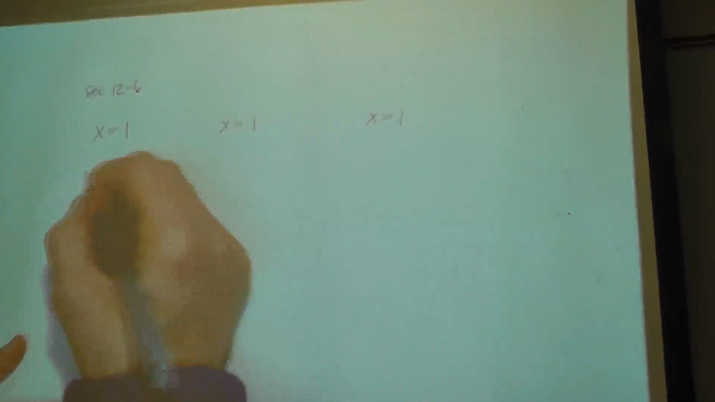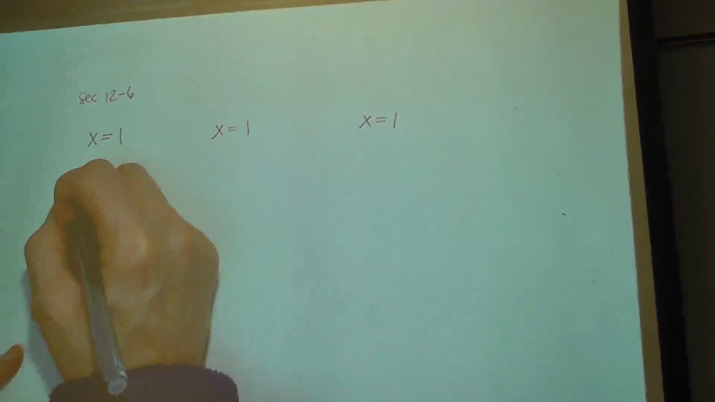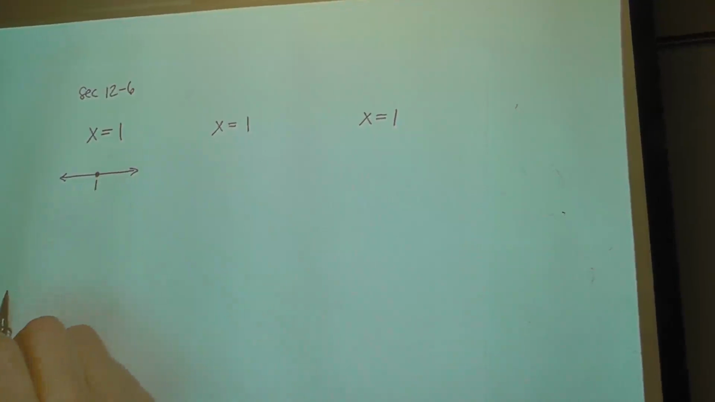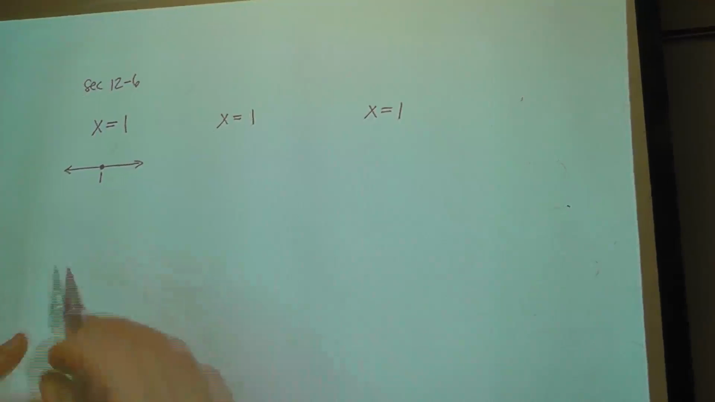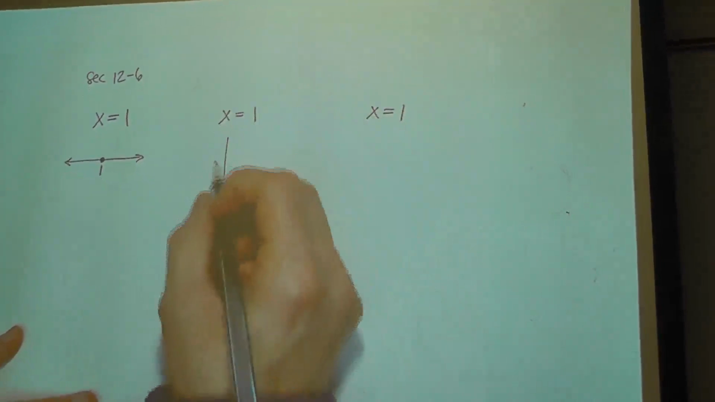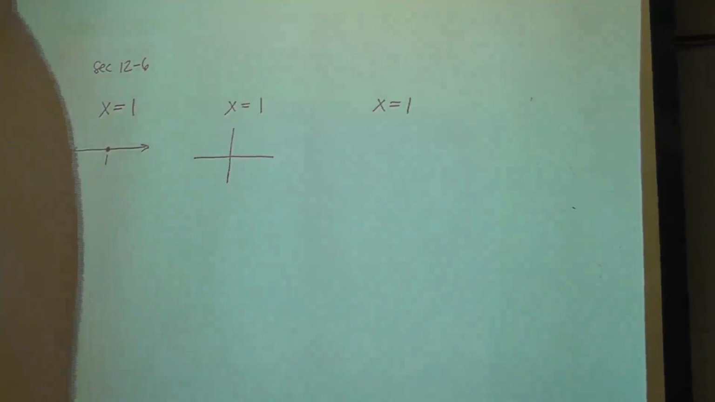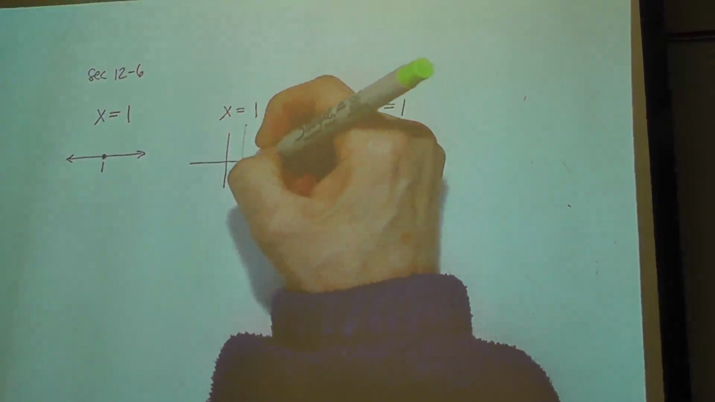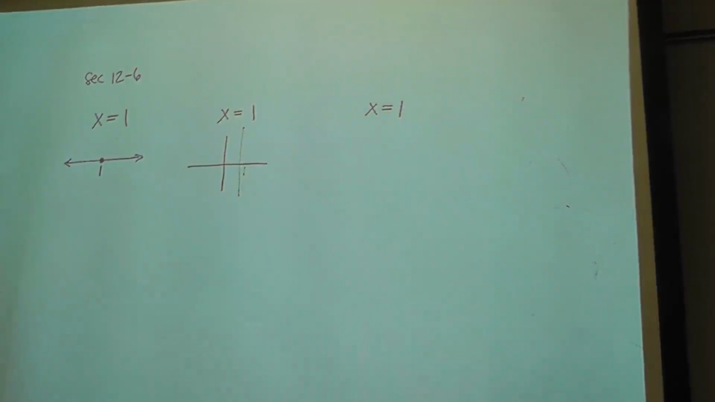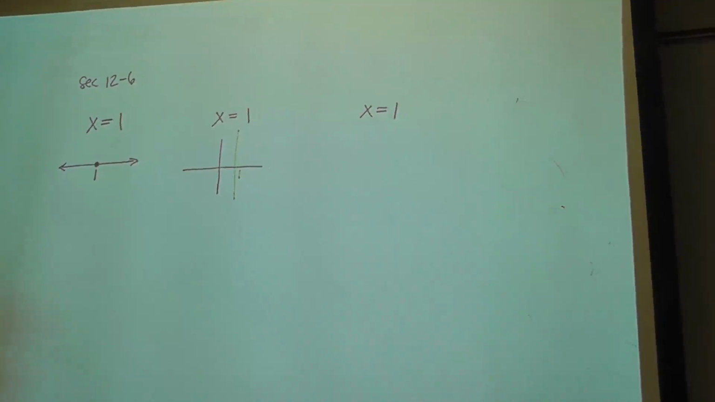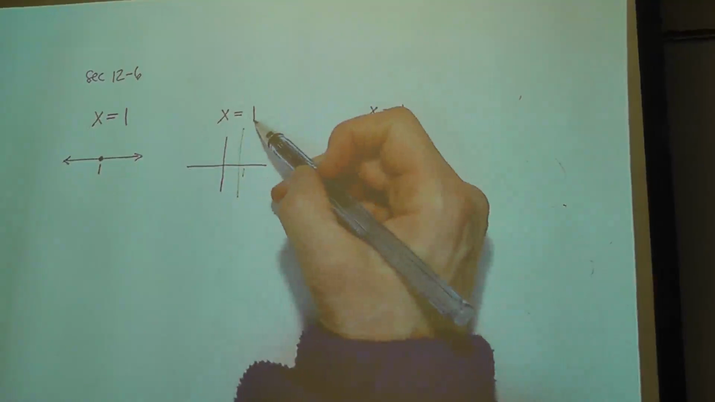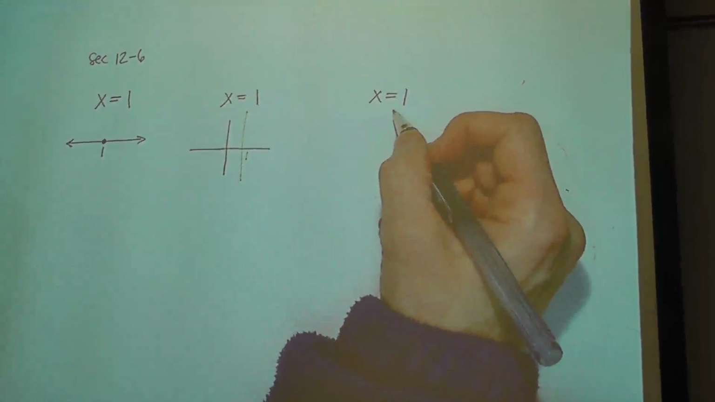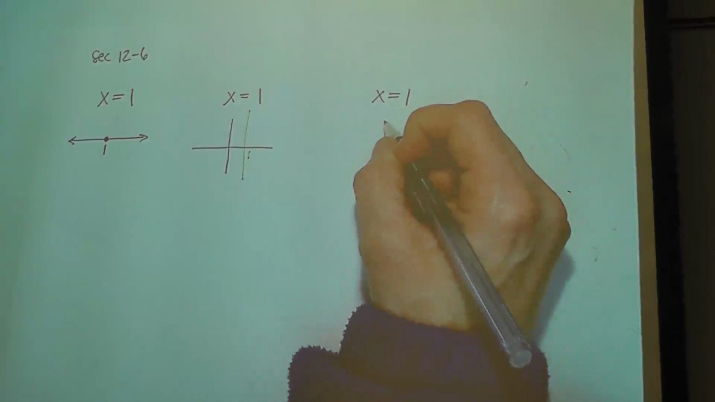If I write x equals 1 on a number line, that's a single point. If I'm looking at this equation in 2 dimensions, it's a vertical line, where I have complete freedom in y. In 3 dimensions, this gives me a plane,